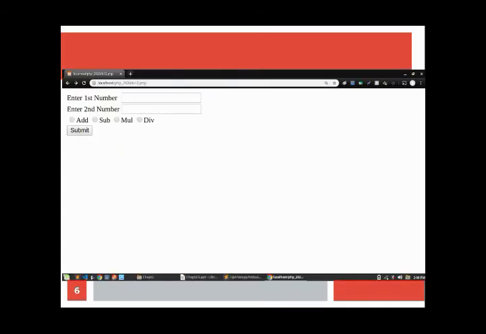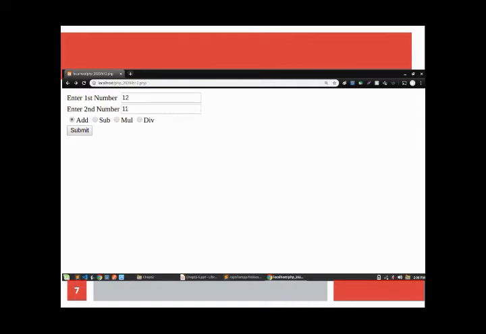Here see how it will work. So here, enter first number, that is what we created in that form. This is the text box where we have to enter the first number's value. Then enter second number, and a text box is there. That means at the time of execution we have to enter the value for the second number. And here the radio buttons add, sub, mul, div, and whatever we have created, the submit button, you can see there.